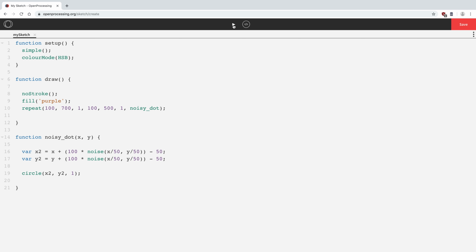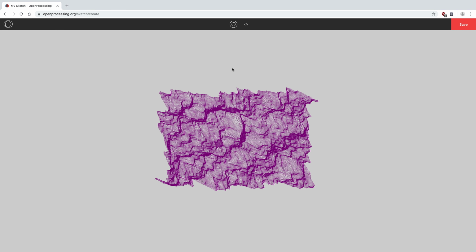Visually it won't make that much difference, but in other designs it can make a difference, because we can now move up and down, left and right, not just to the right and down. Now